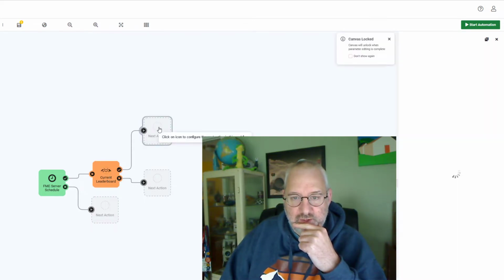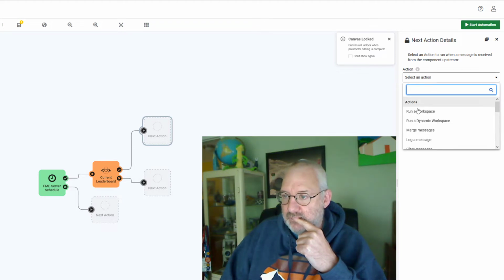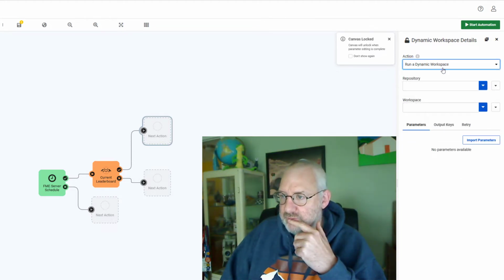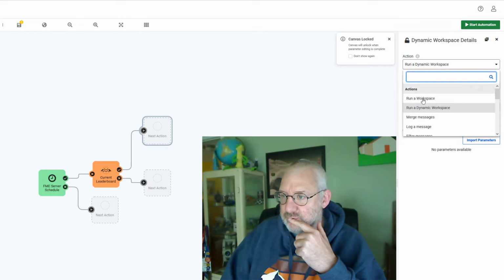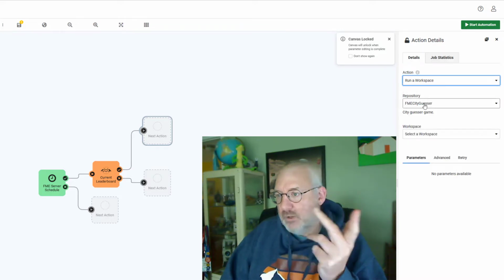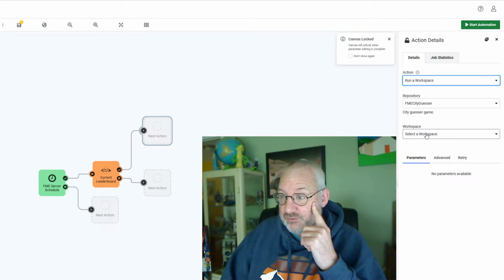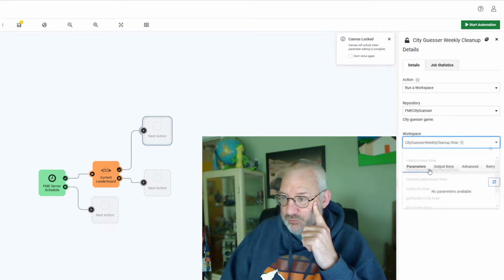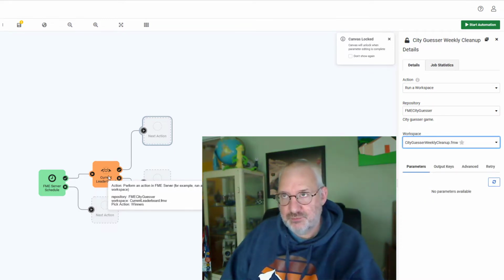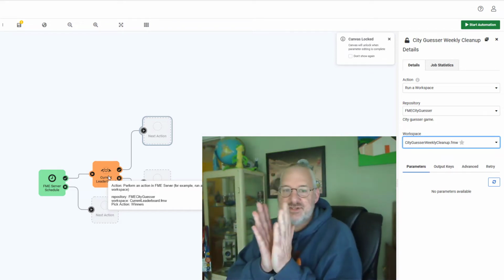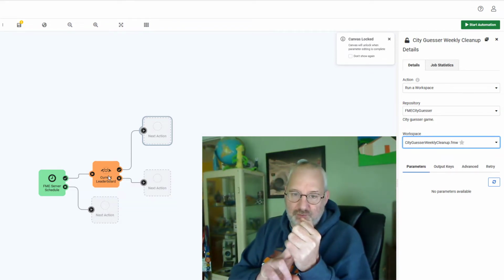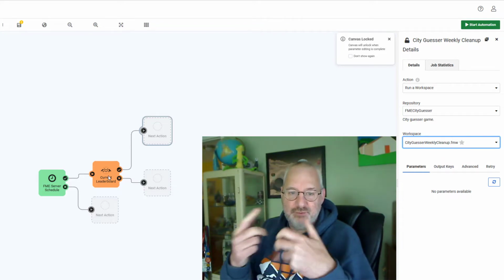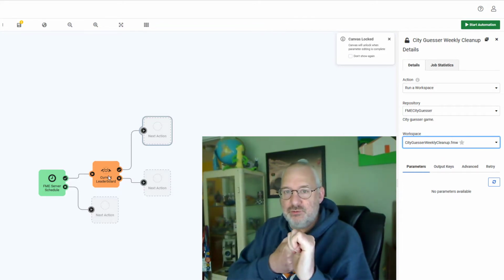Okay. So the next action is run sort. I don't see what the difference is, but anyway, again, it's a city guesser repository, and this time I want to run weekly cleanup. So what that does is the first one picks the winners. So I've got a database that's two database tables. One is the weekly table. Every time you play the city guesser, you add your results to the weekly table,